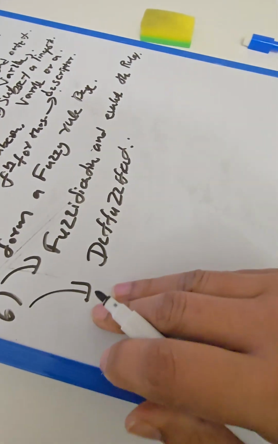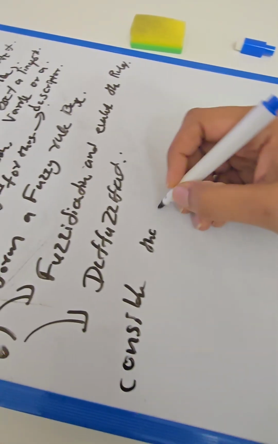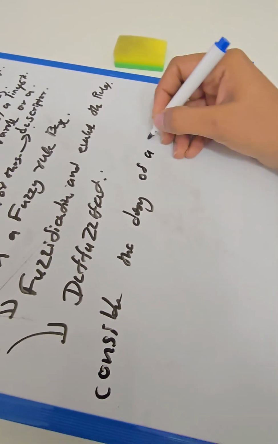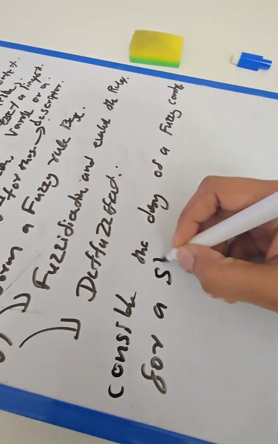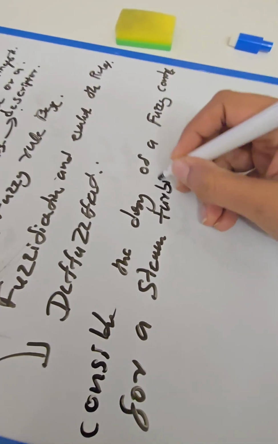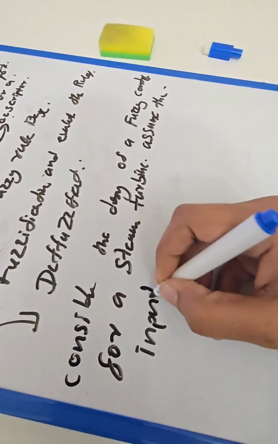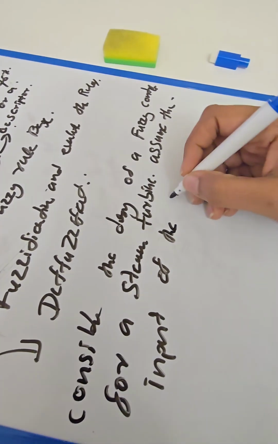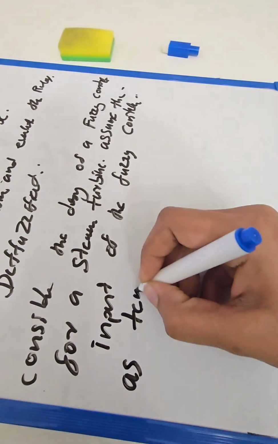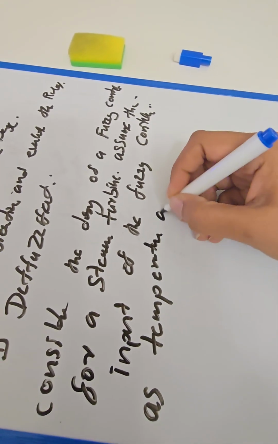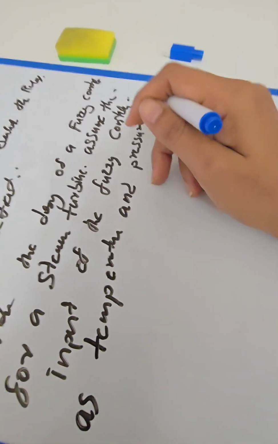Okay, I hope you remember our example. We consider the design of a fuzzy controller for a steam turbine. We assume the input of the fuzzy controller as temperature and pressure. You can take out anything as you wish, and I told you, maybe you remember, you have to